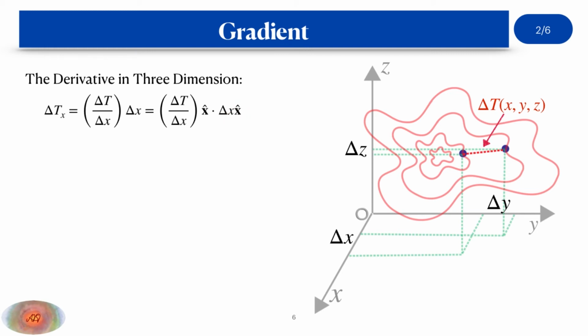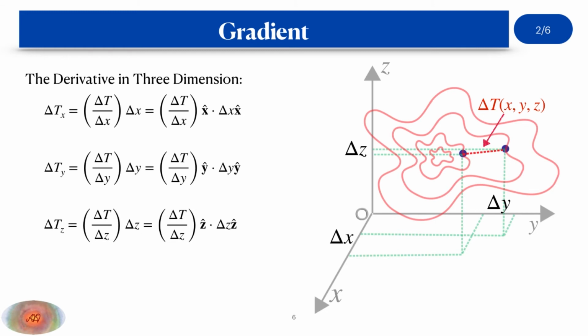So basically the dot product between two vectors, as you know, represents the alignment of one vector along the other. So here if you take the dot product, since both are aligned with the x direction, you will get this expression. In a similar way, you can write for the y direction as well as for the z direction. So in this way you can represent the overall change in temperature of the particular scalar field when you are moving in all three dimensions with an incremental change in distance.